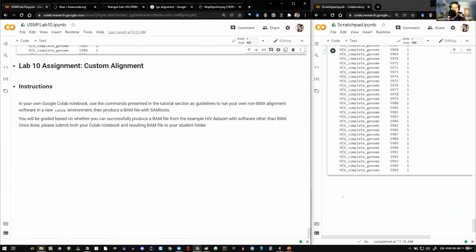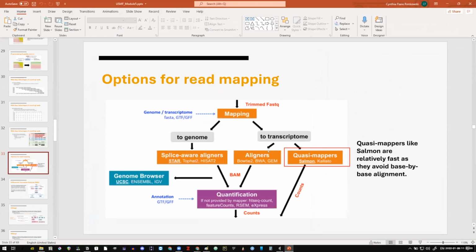Any questions now? I have one. Is BWA alignment software used only for transcriptome, or can it be used also for alignment of genome? It can be used for either. In this slide, it's only shown for the transcriptome, because for differential expression analysis,